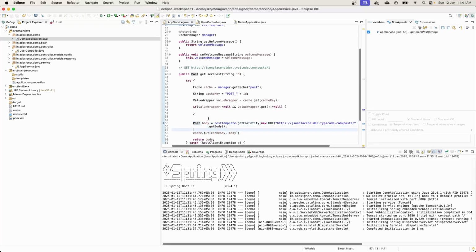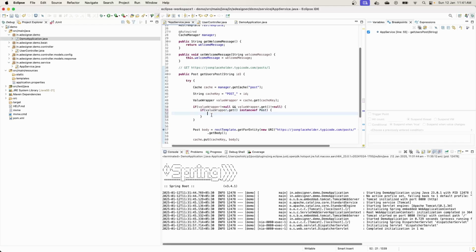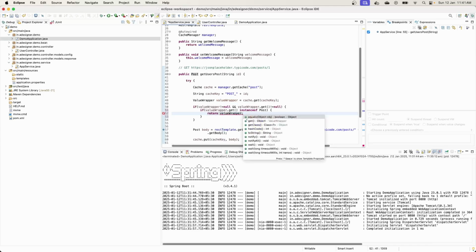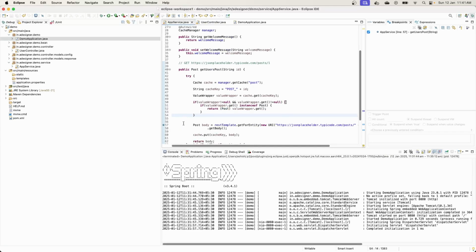Now to read this cache on our side, because we are storing the object as Post type, we will first check whether the value that we are getting from this value wrapper is an instance of Post or not, right? Once we have verified that, then we can return the object itself. Okay. Now, once this is done,